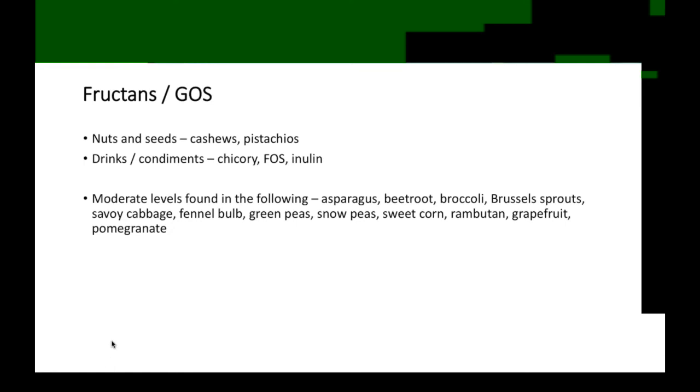But if you try and eat broccoli and beetroot and asparagus at the same time, then that may well tip